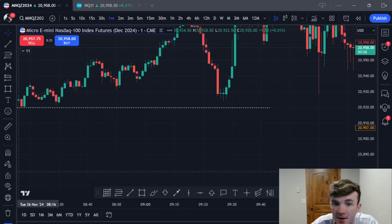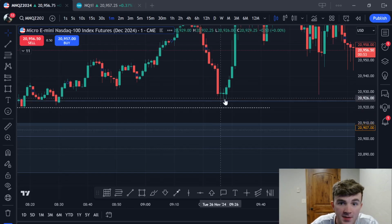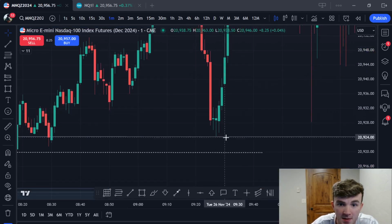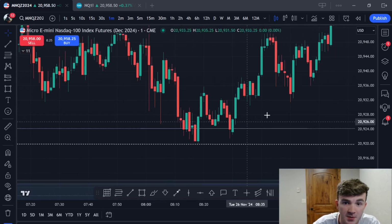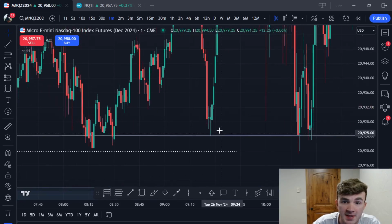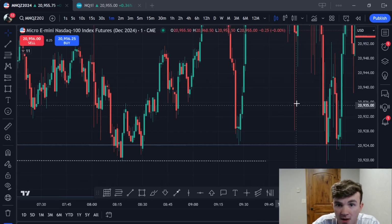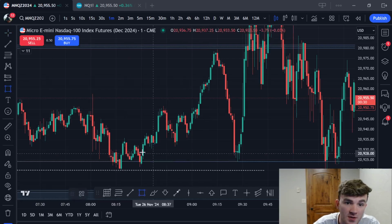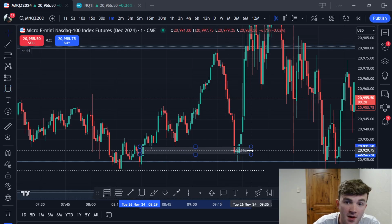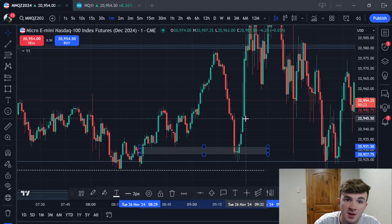So we came back to this new day opening gap, and you can see how perfectly we respect this to the exact tick. And so not only does it respect it once over there, but it respects it again here, and then it respects it again here. And I honestly just did not expect us to get such a strong reaction off of this fair value gap. Unfortunately, we did, and so once we inverse this on the 1 minute,